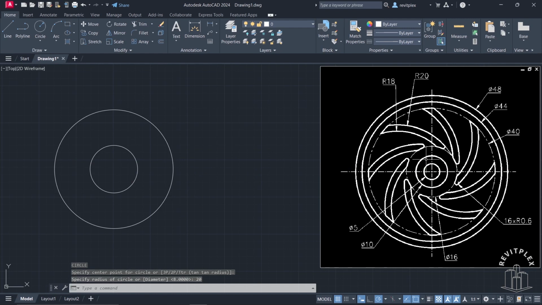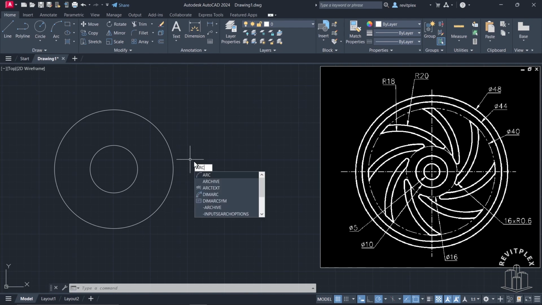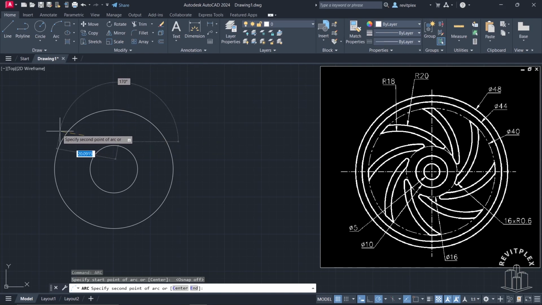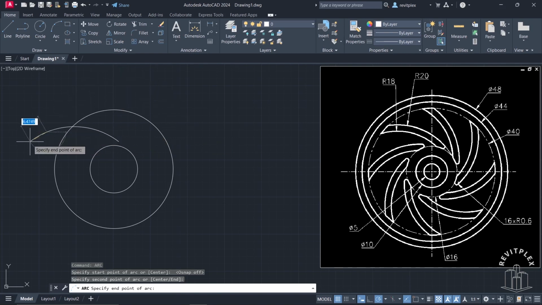And after that you see we have this line. You can see we have this arc which is touching this point and this point. So for that what I will do is I will draw an arc, and I will make sure that this object snap is turned off, and I will just simply draw an arc like this, and make sure that this arc is not touching